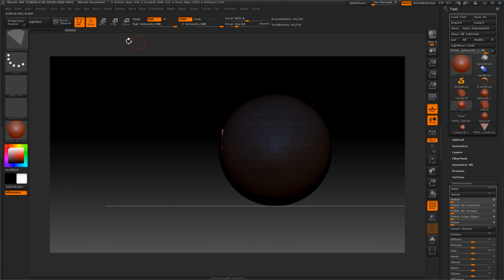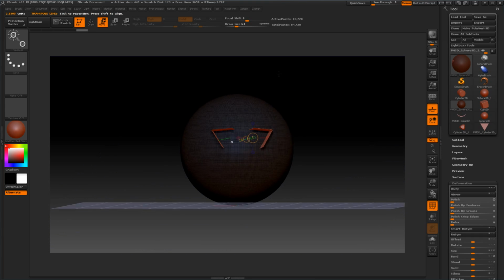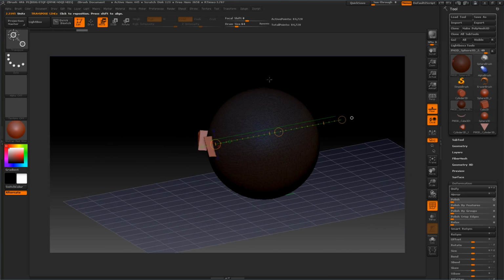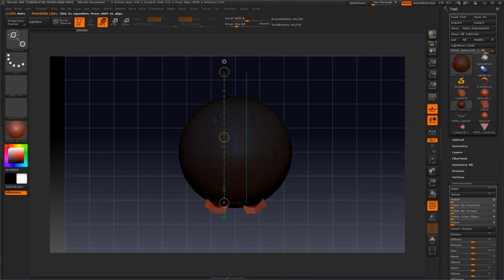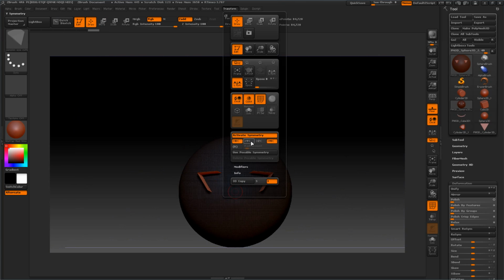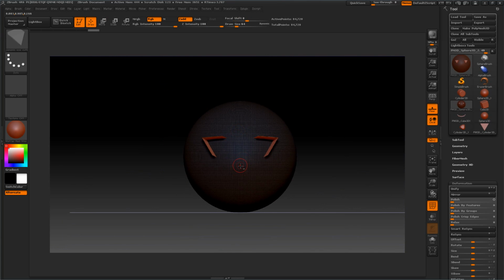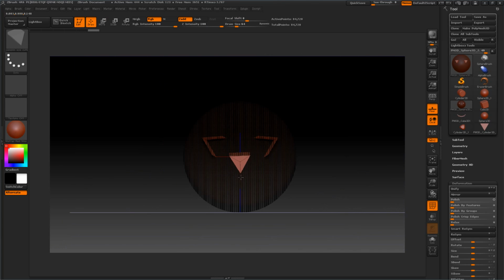And we'll re-drag this transformation bar out, and we're going to move these out a little bit. As you see, when I held down the Alt, the caps are not showing, so that lets us know that we've got a negative insert mesh. So we're going to spread the eyes out a little bit, and then we're going to turn off the transform, and we're going to use that same pumpkin eye cutter for a nose. Hold down the Alt key to get the negative insert,